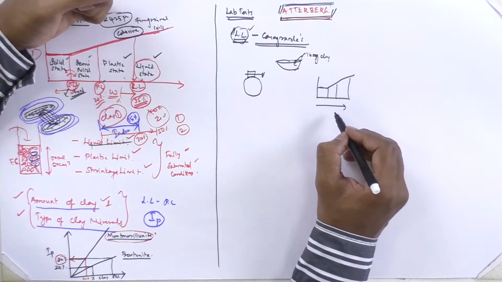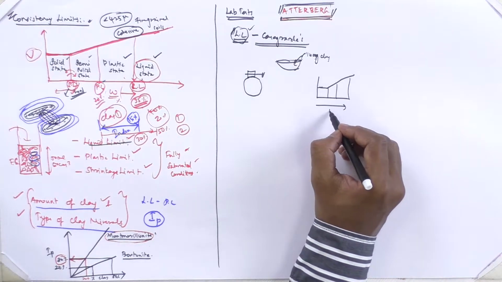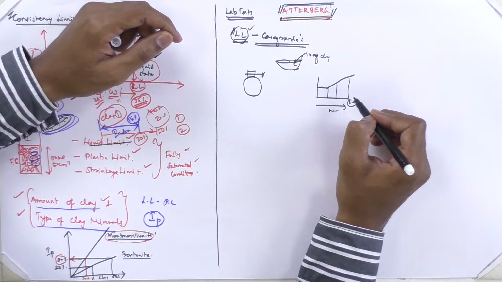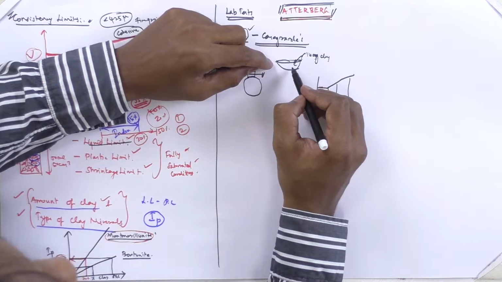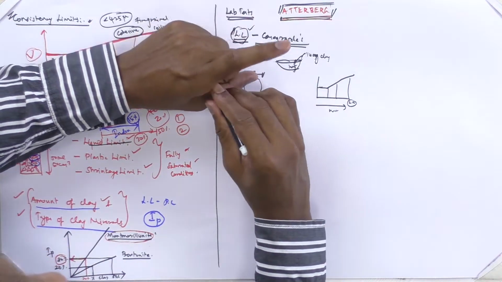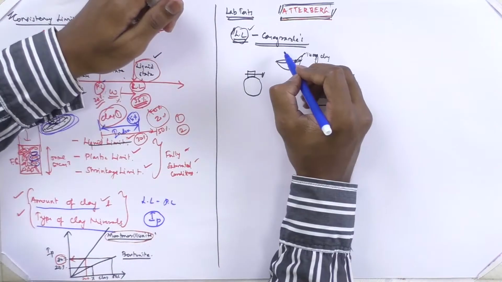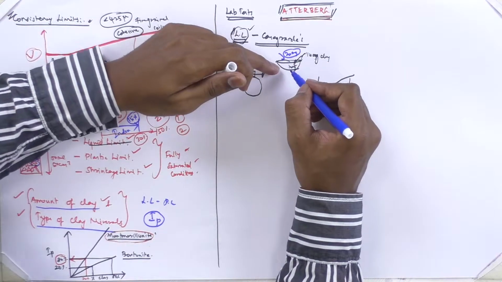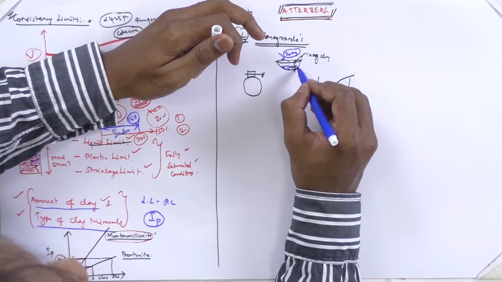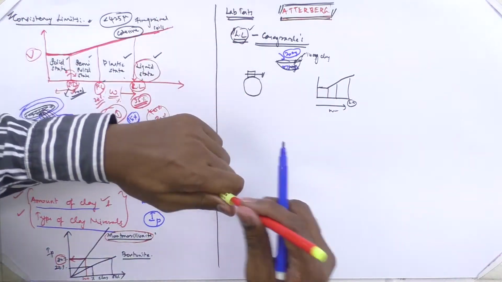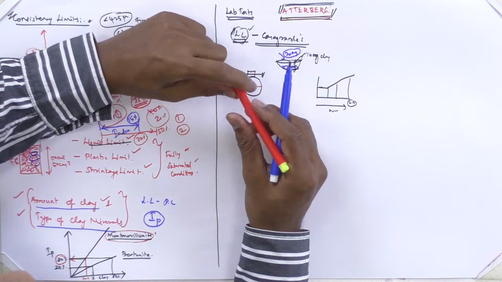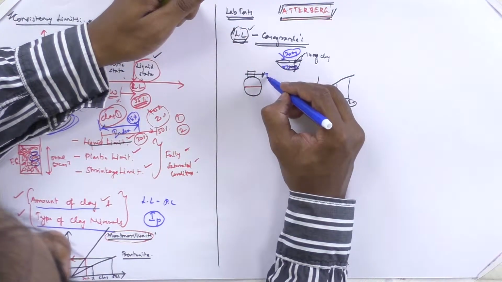So in this graph we are going like this. When water content is added, it will keep going and finally reach the liquid limit test. In this test, you take 100 grams of soil and add a known amount of water, say 20 ml, mix it thoroughly, and place it here. This is a lever arm setup.